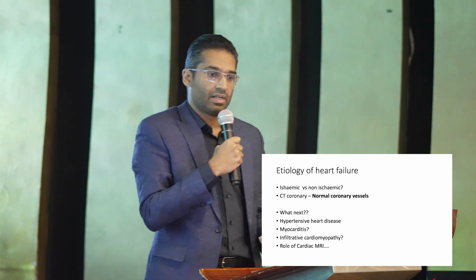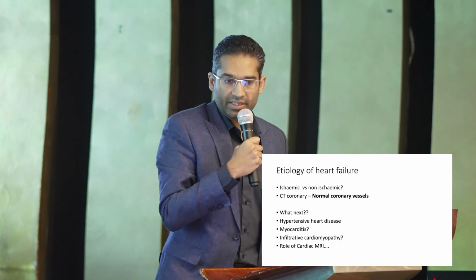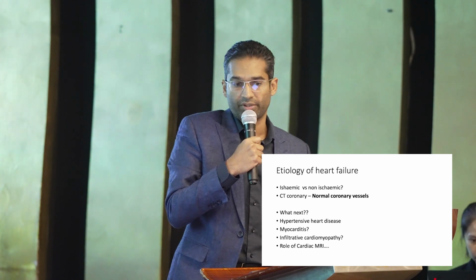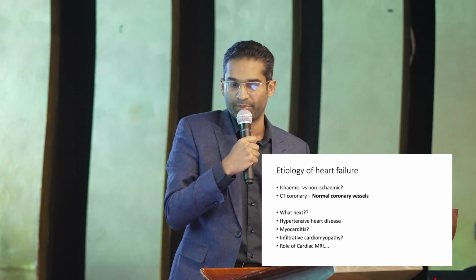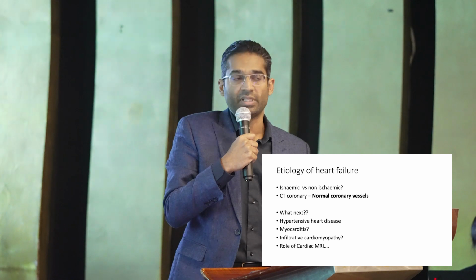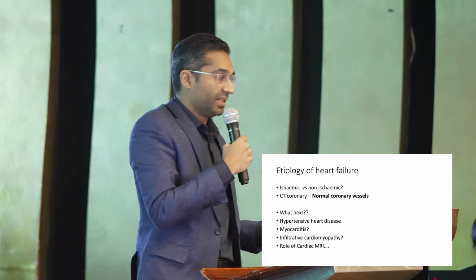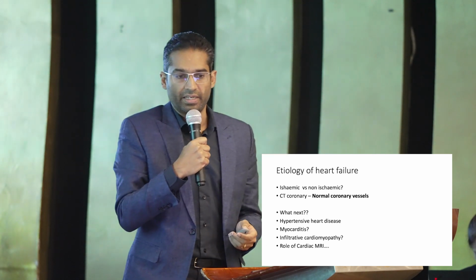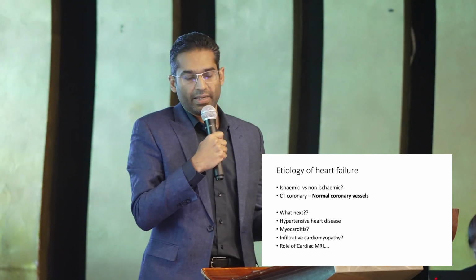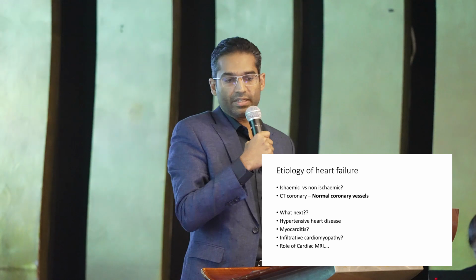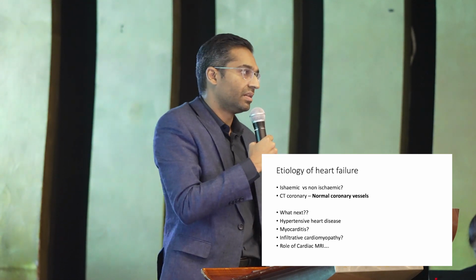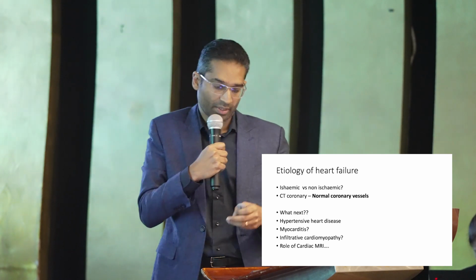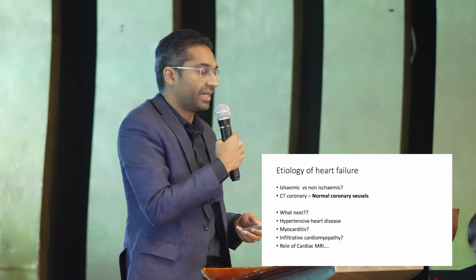So what's next? Are we dealing with a case of hypertensive heart disease? Myocarditis is possible as the onset was fairly short, right? Or some form of infiltrative cardiomyopathy. One thing that we can probably consider is a cardiac MRI, right? But again, cost reasons and so on and so forth. So looking at the history, it occurred to me that it seems like a case of hypertensive heart disease. So I opted to treat him first and see if he improves with treatment. If not, somewhere down the line, then probably consider a cardiac MRI.